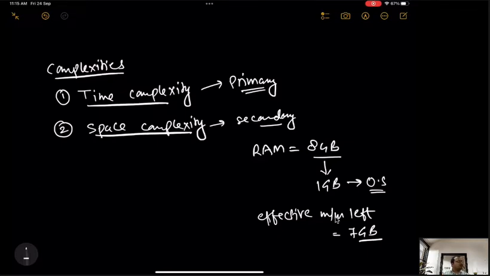Out of this 7 GB, what space is given to one process and what space is given to another process is again decided by the operating system. For that we need memory management. Let's say we have hundreds of processes. Only one process at a time can be executed on a CPU.